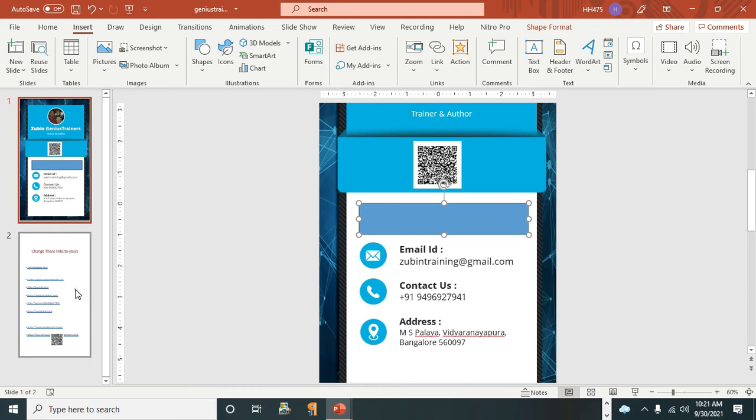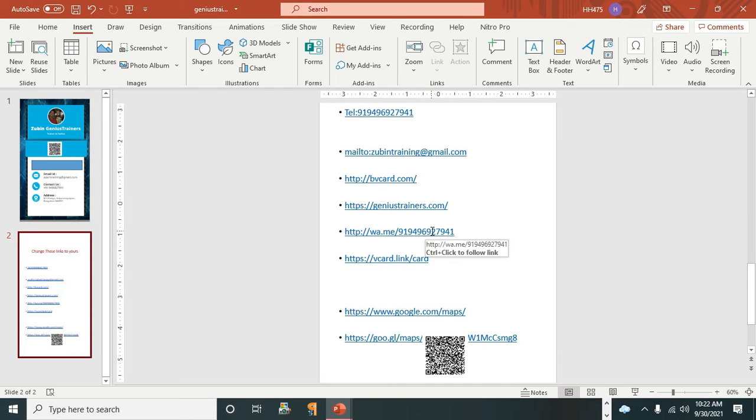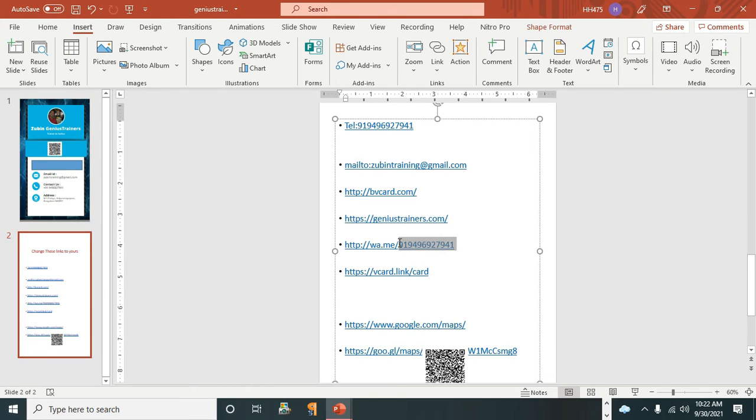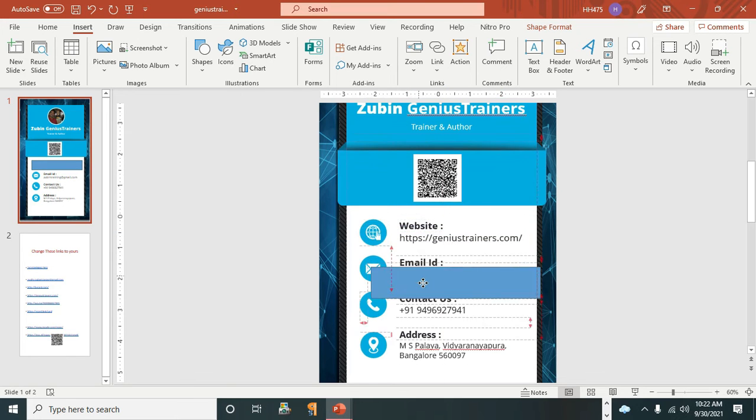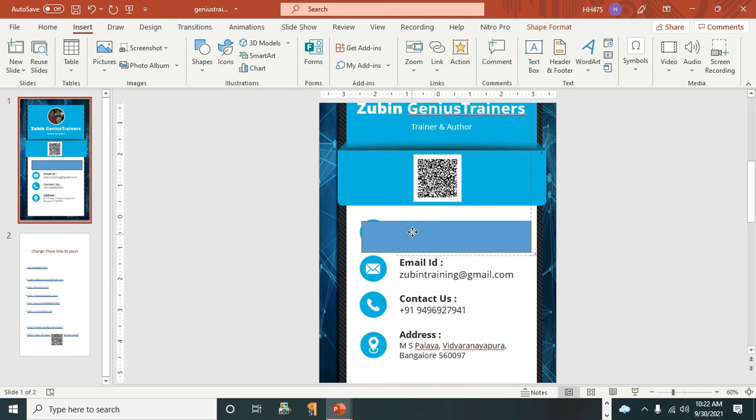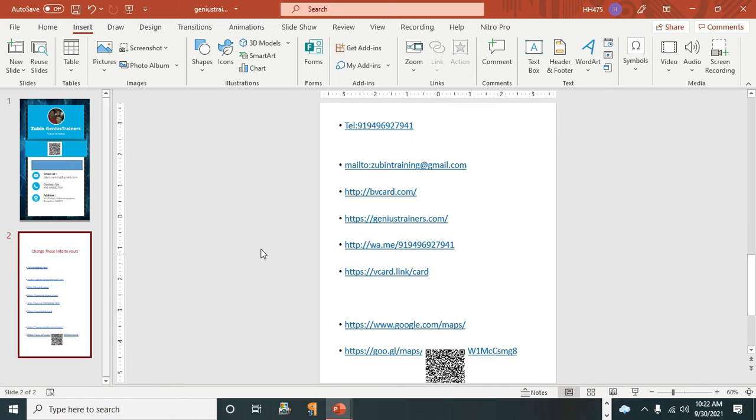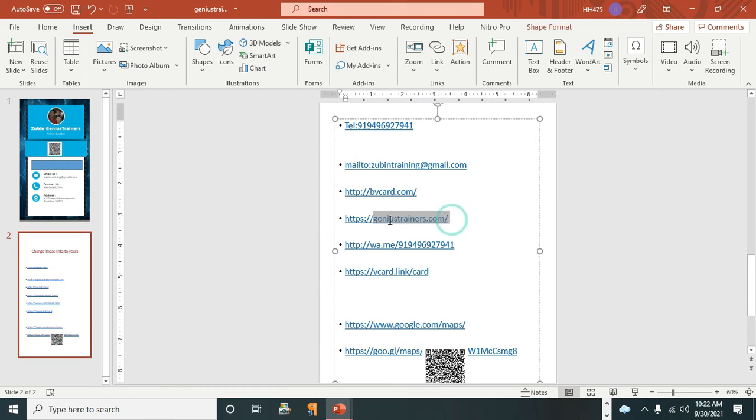First, let me copy a link so that it will be easy. I'm going to use my WhatsApp link. Remember to copy the appropriate link. Okay, now I will repeat again. First, select the shape that you have placed over your text. This is a website one, but I am pasting another link here. Okay, anyway, I'll paste the website link itself so there won't be any confusion.